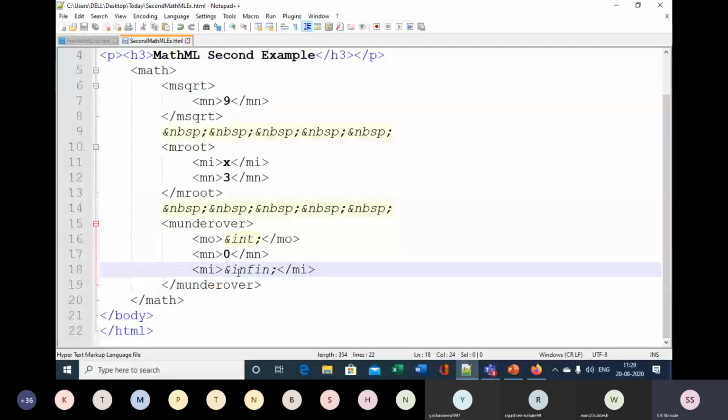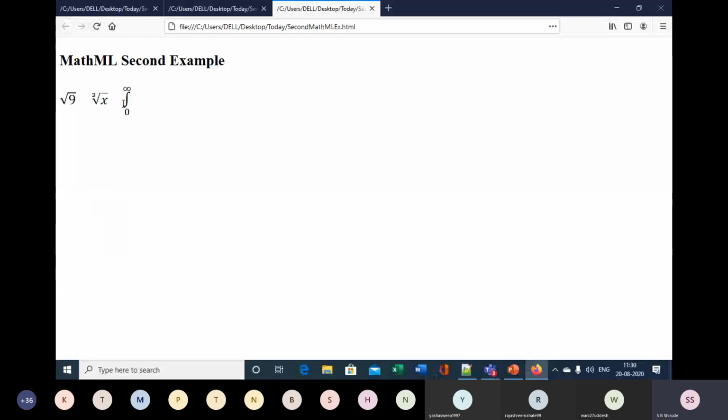So this is one of the examples, and by using this example you can see that we have some mathematical structure in a web page, like under root with index, and some mathematical structure to which we have under data and over data. So that can be possible by using these MathML elements that we have seen with the help of this example. Now some more examples we are going to learn, and that will allow you to understand some more elements.